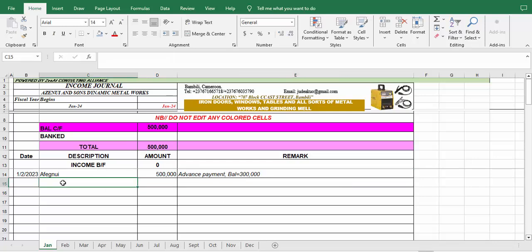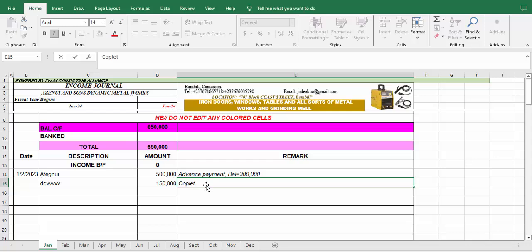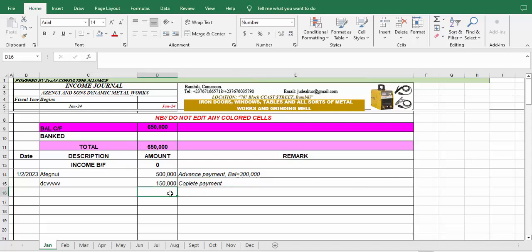So let's assume that there's a balance of 300,000 francs left. Then another client within the week comes and pays some money to you. Let's say this client brings in 150,000 for work, and this one is a complete payment. The trend continues, and from the revenue that comes in, you're getting money to spend, to buy material, to do some other things, in fact, for running costs. Now at the end of the month,